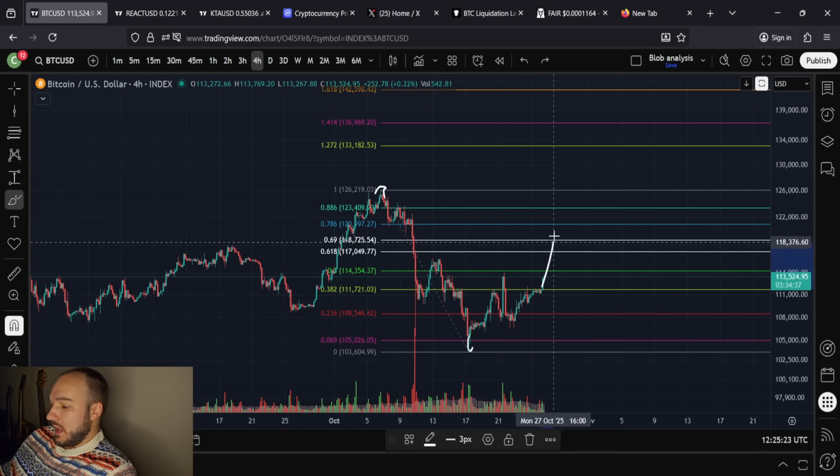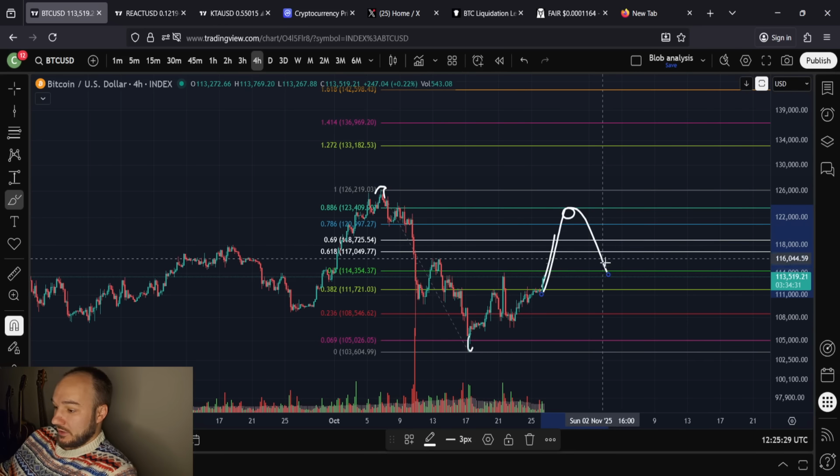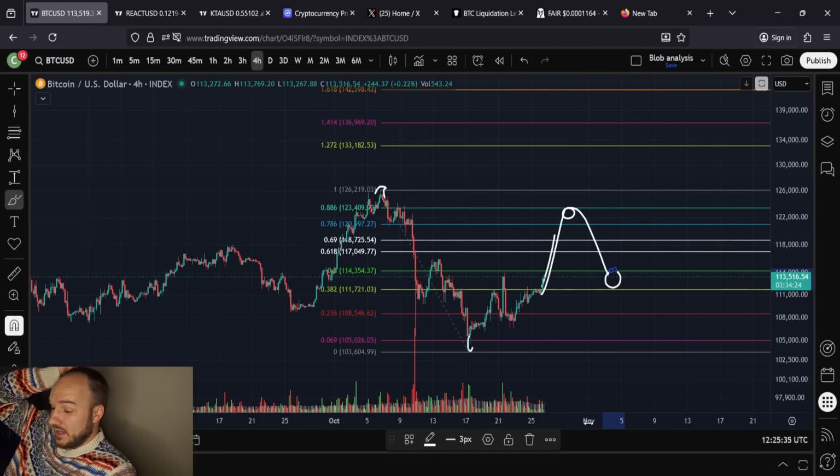Now, if I'm wrong, if we blast through the golden ratio on the first attempt, which happens too, you typically do get the same kind of correction, right? It's just bigger now, right? Now you go to that same kind of area if you go all the way up here, but it's just a bigger correction. It's a little bit more volatility, and that's fine. I'll take volatility. I'll take a bigger drop to open up November.